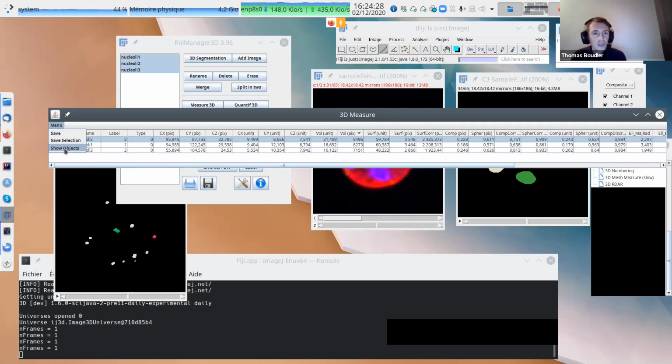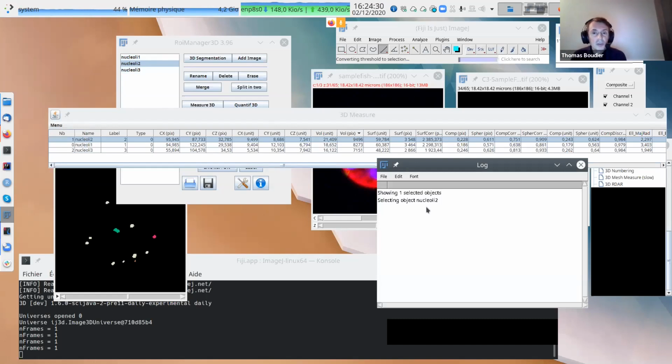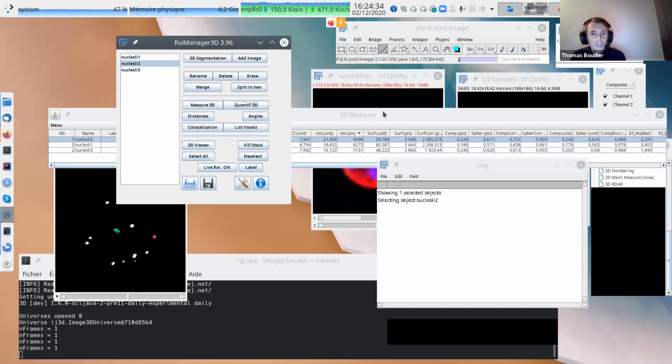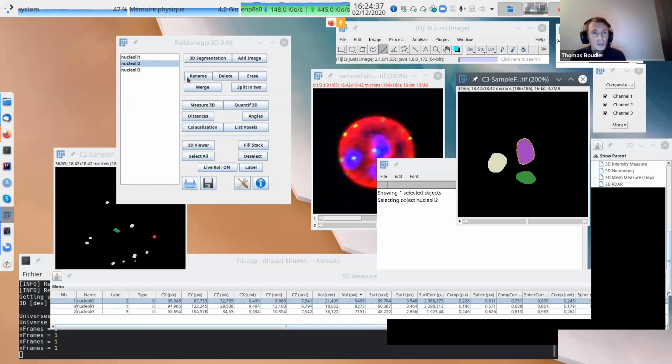So I just click show objects, and you see, voilà, nuclei number 2. So this is this one, and it is selected on this image. So you can visualize your selection. The largest object is this one. I can see it here.